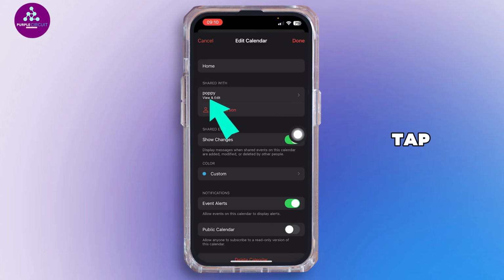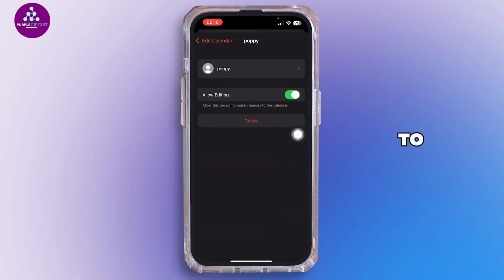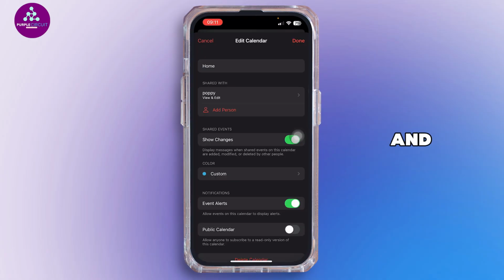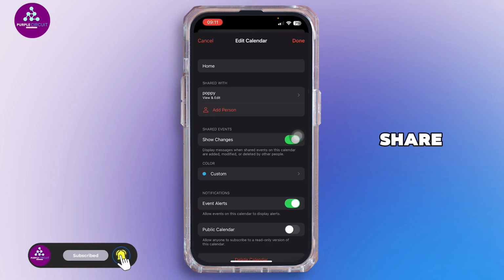You want to go ahead and tap on their name, and if you would like to allow or deny permissions of editing, you want to go ahead and toggle on or toggle off this button, or remove them if you change your mind. And just like so, after the invitation has been sent, the person you invited gets a notification on their email or message. They can join by tapping on join calendar. Well, that is simply how you can share calendars on